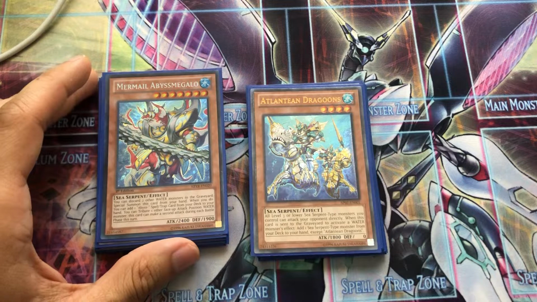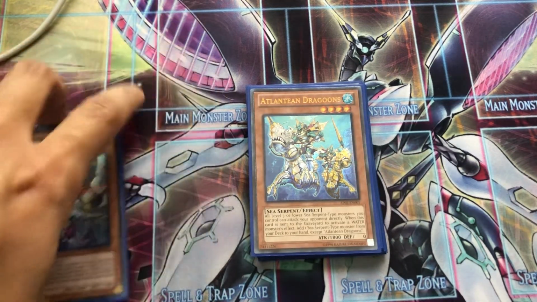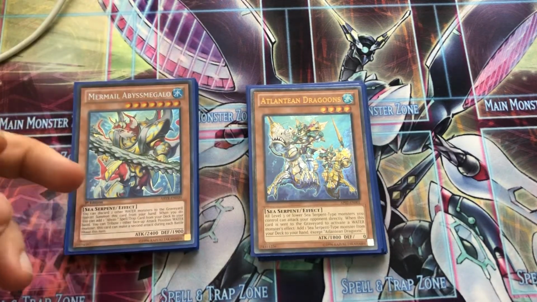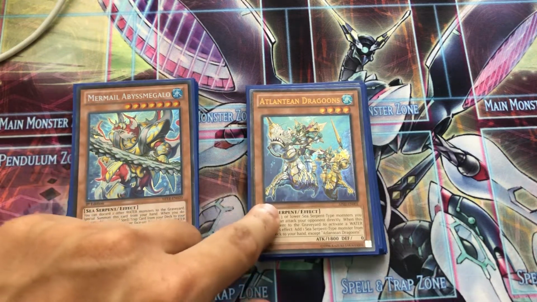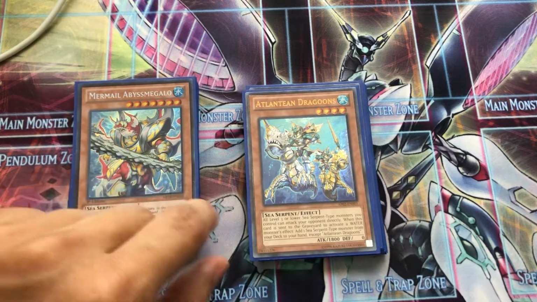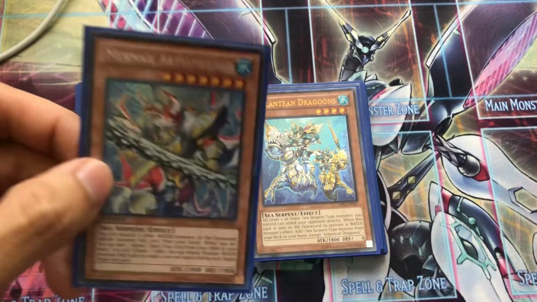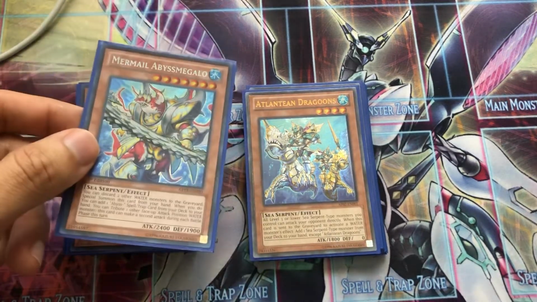So, a little bit more detail about some of the different styles of Mermail plays. Now, Mermails, as I've discussed, always look for cards to discard. By discarding something like Atlantean Dragoons off of Abysslindae, you're mitigating the cost of Megalo's discard. As I mentioned, Megalo has the discard 2 and search 1, but you're pretty much -2ing yourself to do